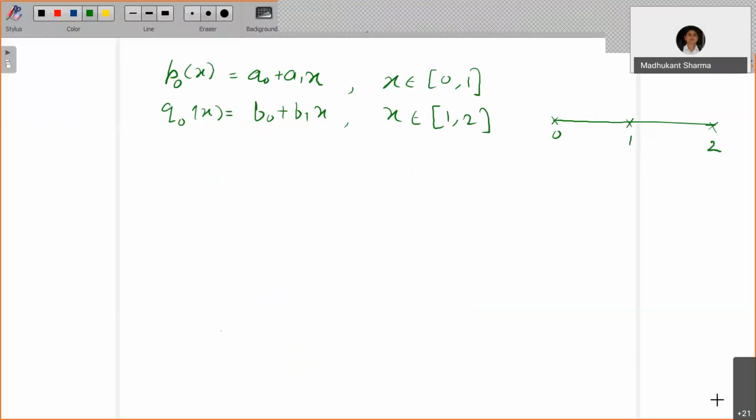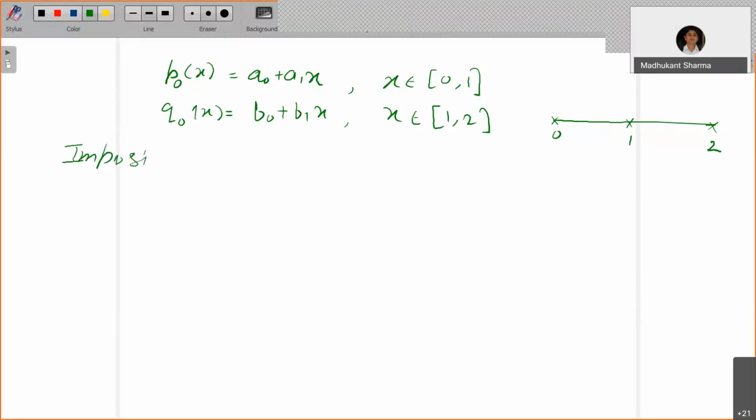Right. So now, if you don't impose anything, at the starting phase here, you have 4 arbitrary constants. So the degrees of freedom is 4 here. Okay. Now, if you don't want the continuity condition, you can fix any a0, a1 and b0, b1, depending. Okay. And then if you wish to impose the continuity condition, so if you